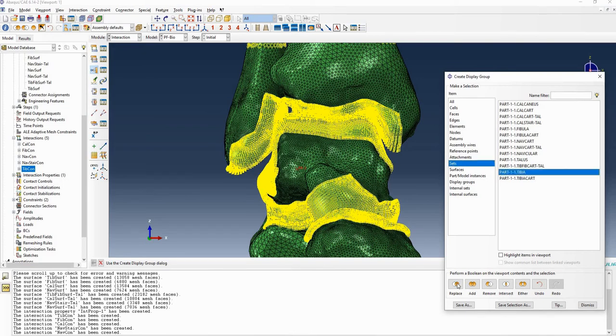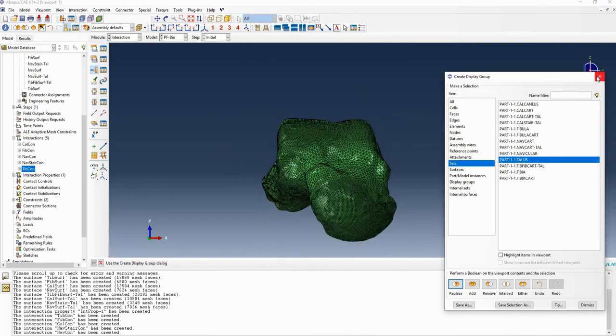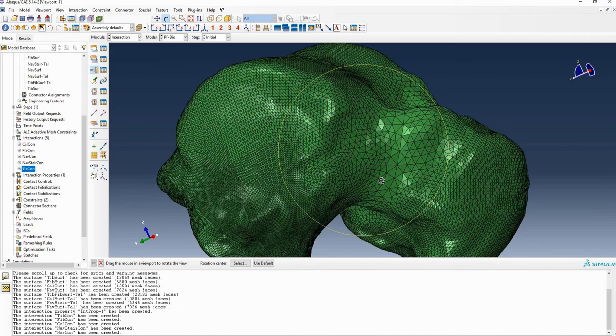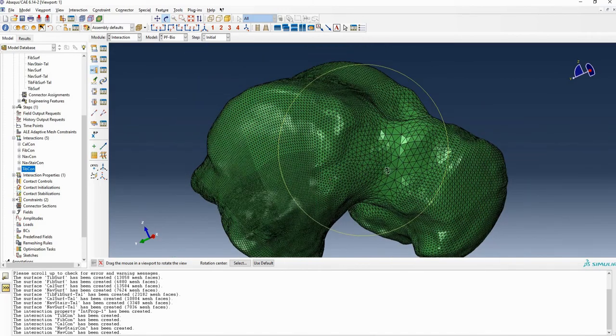Set, you select tibia, no, you select talus, sorry, talus. I usually just select triangular elements because I don't want to constrain solid elements. Okay, so